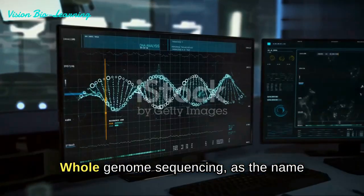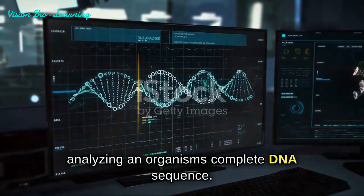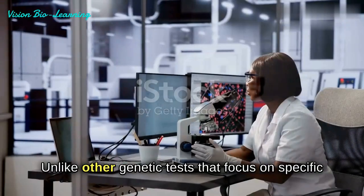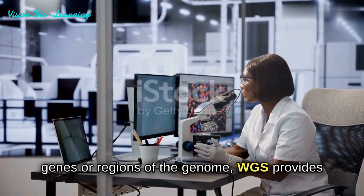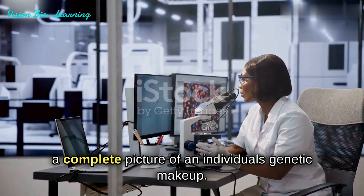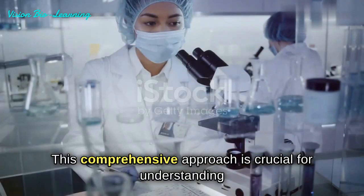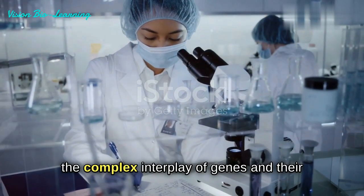Whole genome sequencing, as the name suggests, is a comprehensive method of analyzing an organism's complete DNA sequence. Unlike other genetic tests that focus on specific genes or regions of the genome, WGS provides a complete picture of an individual's genetic makeup. This comprehensive approach is crucial for understanding the complex interplay of genes and their role in